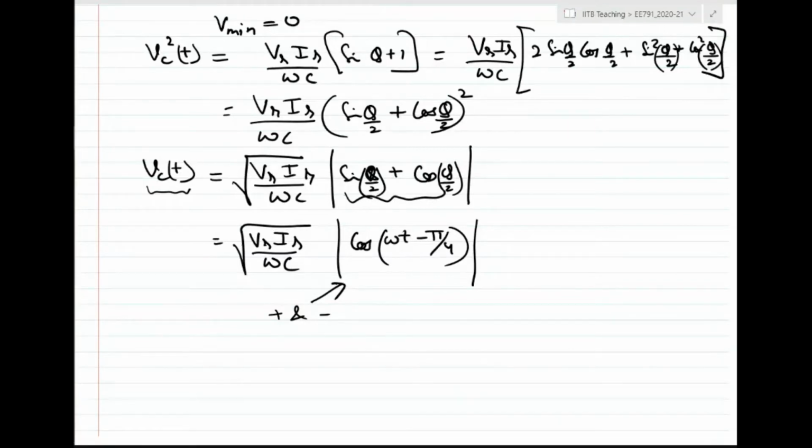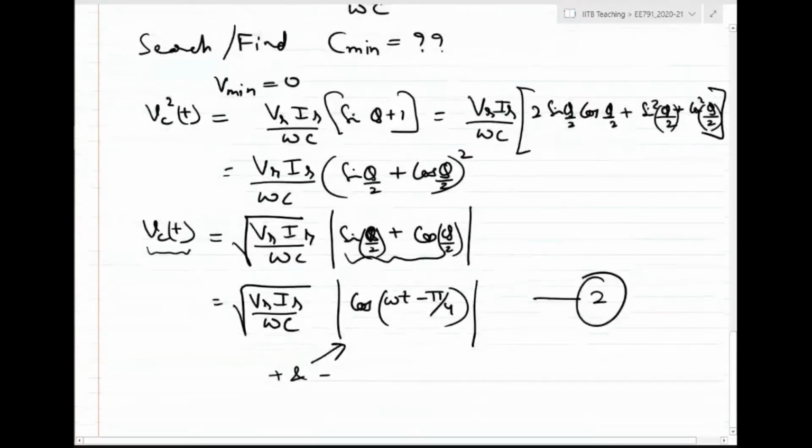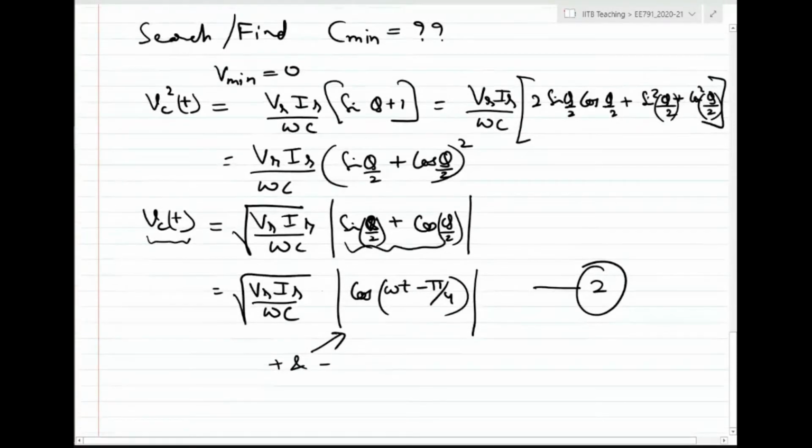So what it says is, if my capacitor voltage is a function like this, that implies that I am able to achieve active power decoupling. Sir, I think you missed root 2, sir. Okay, sorry, I'm making a lot of mistakes today. Let me just take 1 second. Yeah, correct. Thank you for pointing it out.